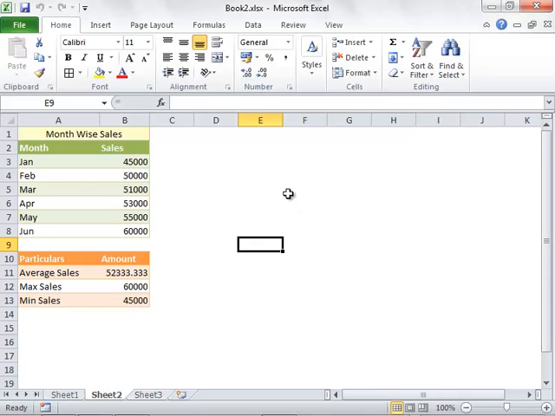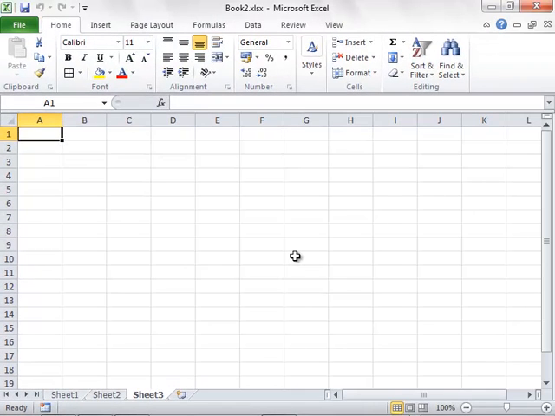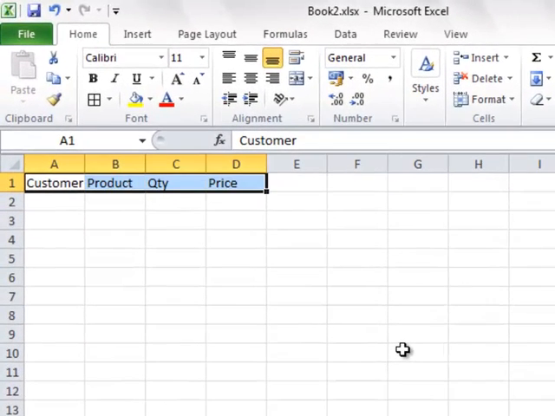After seeing data inputs, we will now see how to make use of Excel forms to manage our data sets. Let me go to a blank sheet and create some sample data for our demonstration. For example, a customer, then product, then quantity and price. One form of inputting data is creating,